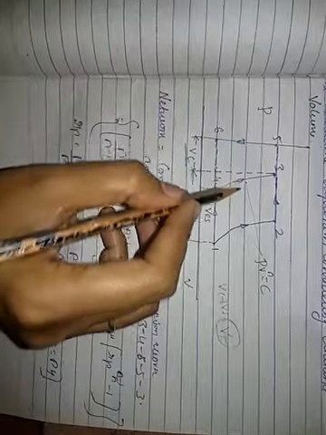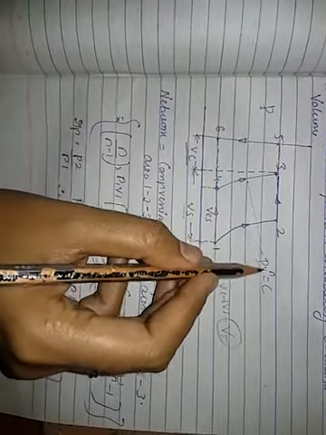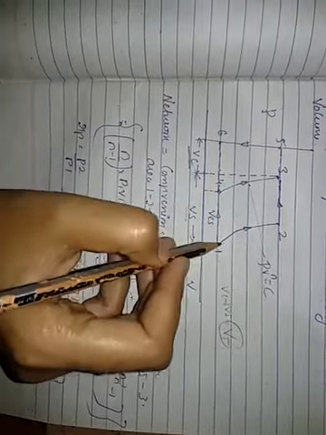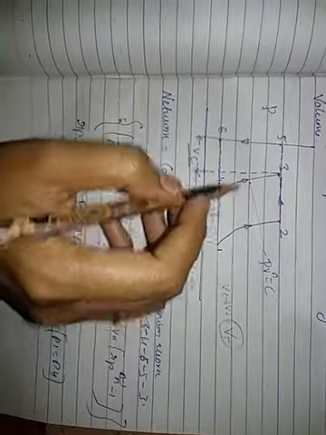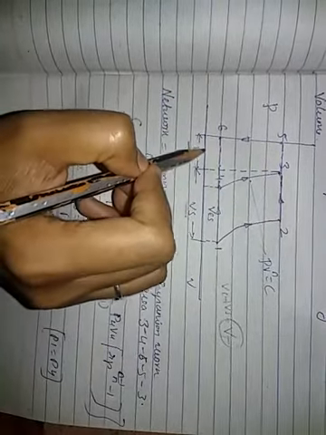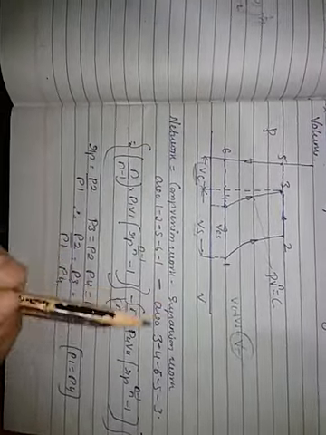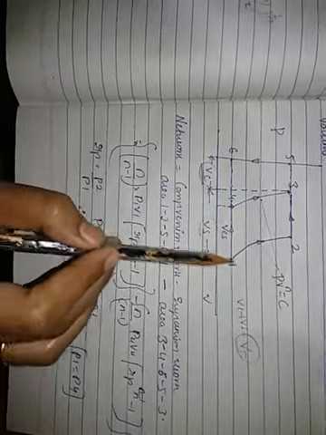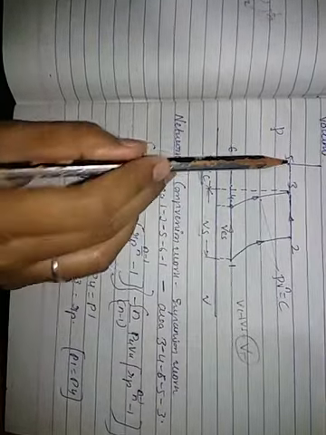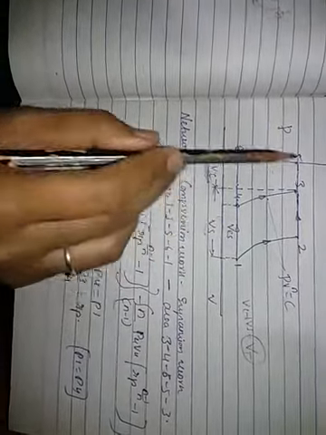Now what are those two processes? These two processes are polytropic processes, PV raised to n equals constant. All these processes are represented. Now you can see I have taken the clearance volume into consideration. So what is the net work? Net work equals compression work minus expansion work. What is compression work? The area under process 1 to 2, 2 to 5, 5 to 6 and 6 to 1. This is the compression work.